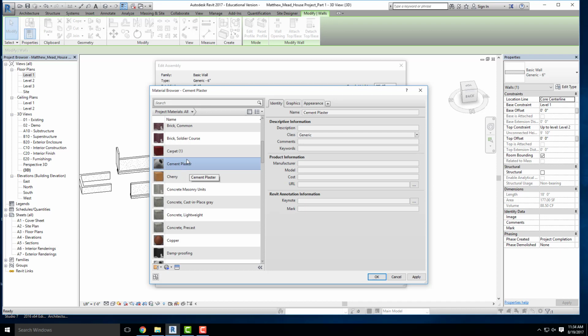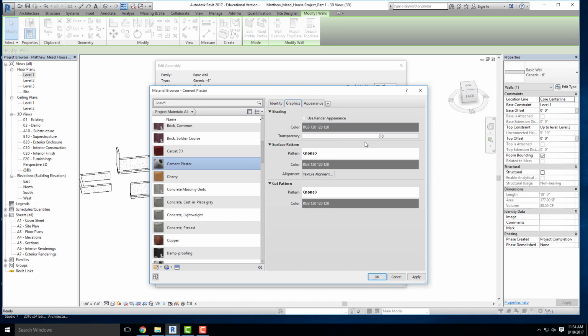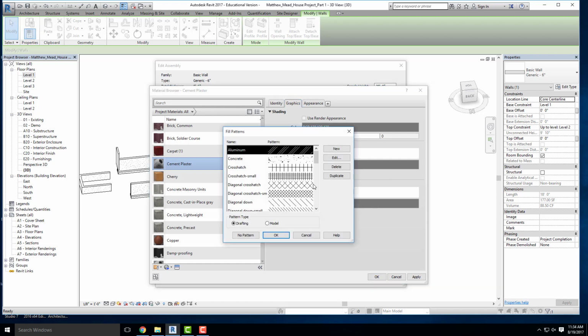Okay, so we have to start identifying it with a couple different properties. We have to give it some elements that actually make it cement plaster. So there's two things that we're going to do. We're going to go over to graphics. If we need to give it any surface patterns or cut patterns, you can do that here, okay? So we're going to give it a surface pattern. We're going to click on pattern, and we're going to go down and click on gypsum